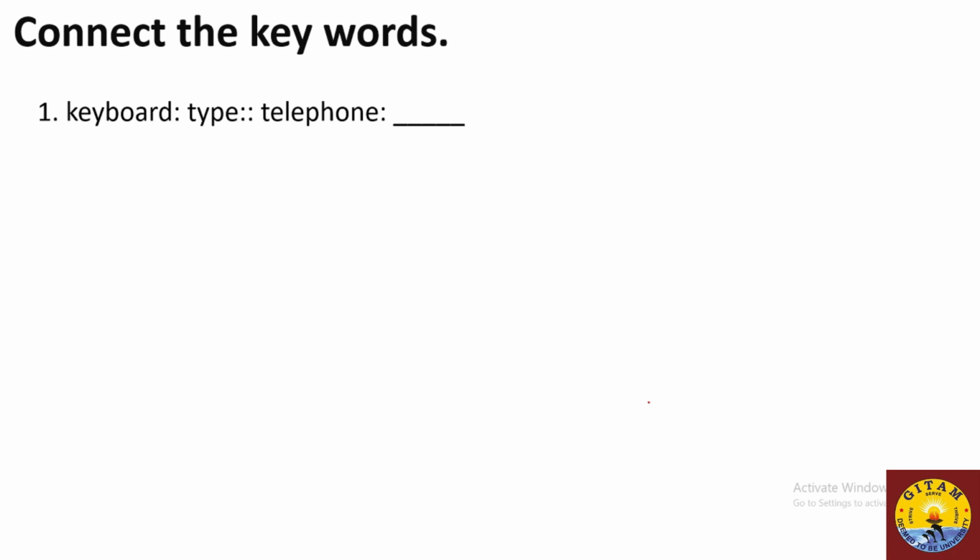Now, keyboard, type, telephone. Now look at this. I'm going to give you a beautiful hint. When I show you the category of this analogy, your job becomes easier. Look at this. Object and its function analogy. Now what is the object here? Keyboard is the object. Agree? Now what is its function? We type on a keyboard, right? Now can you answer what is the function of a telephone? What is it primarily used for? To call. Therefore, your answer is call.